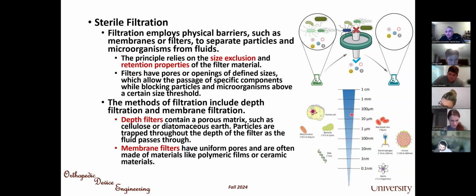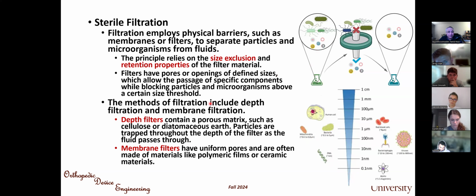You can see a graph comparing the size of the human cell, bacteria, viruses, DNA, and other molecules. You remember DNA is a huge molecule. The molecules of medications are usually in the lower part of this scale. But bacteria and viruses are in the middle, so we can separate the bacteria from the drug molecules very easily